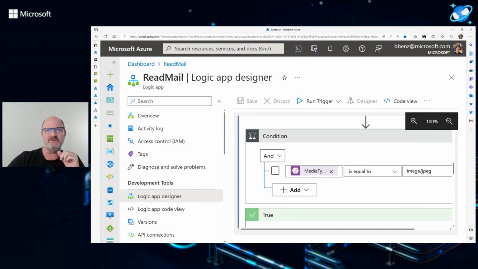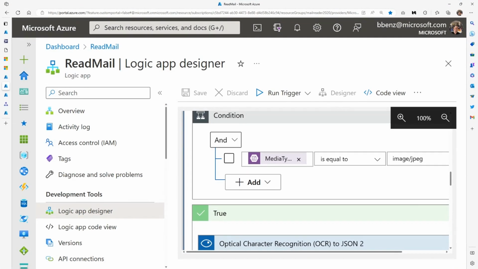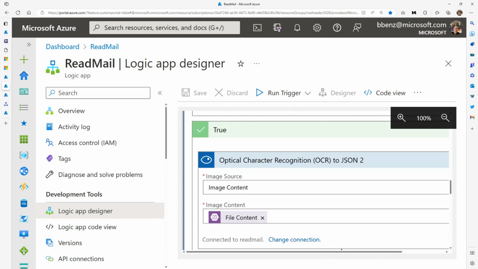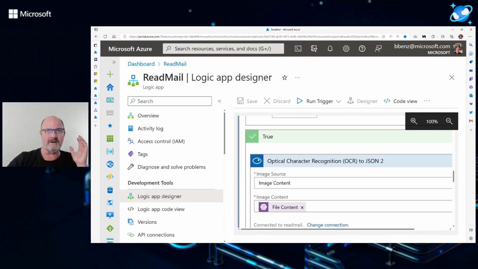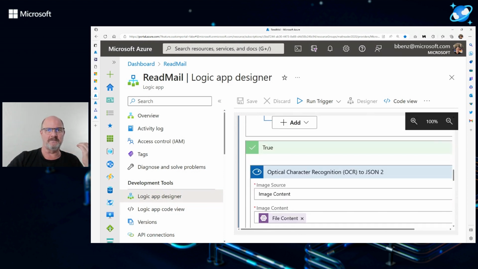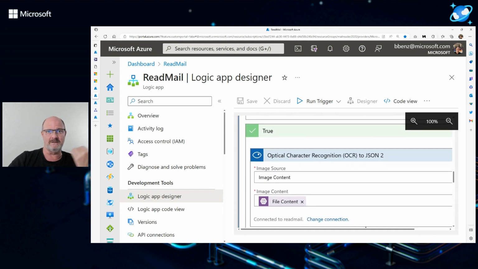So I made sure each time there is an image in the attachment that is a JPEG image, that means that's an image of mail that's being sent to me, we trigger optical character recognition. So the first thing we do, Outlook, a new item in the folder triggers blob storage. And then a new item in blob storage triggers the for each condition. That for each condition processes the blob. It gets an ID, and you're going to need that ID later for Cosmos DB. So that's why you do that.